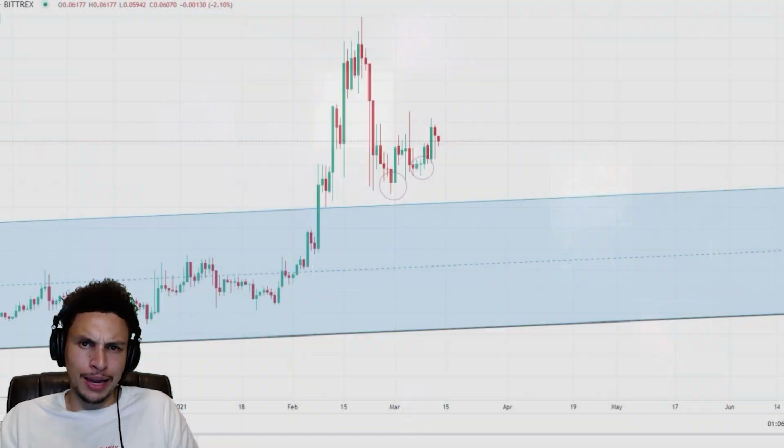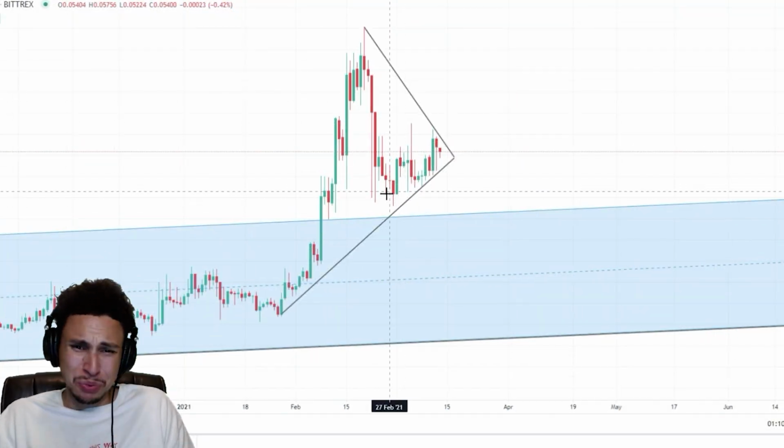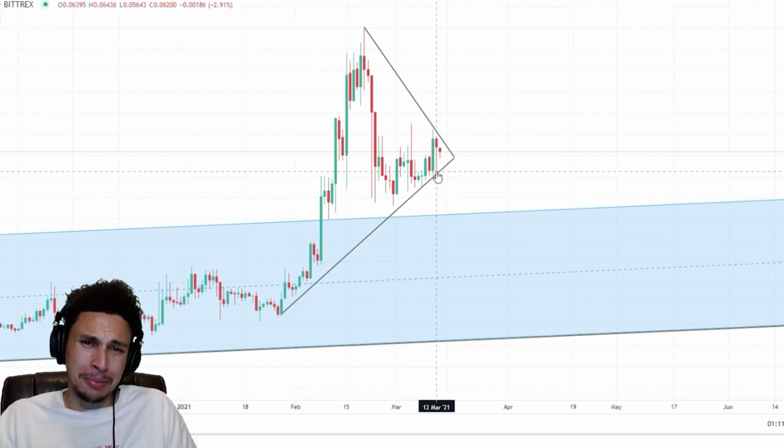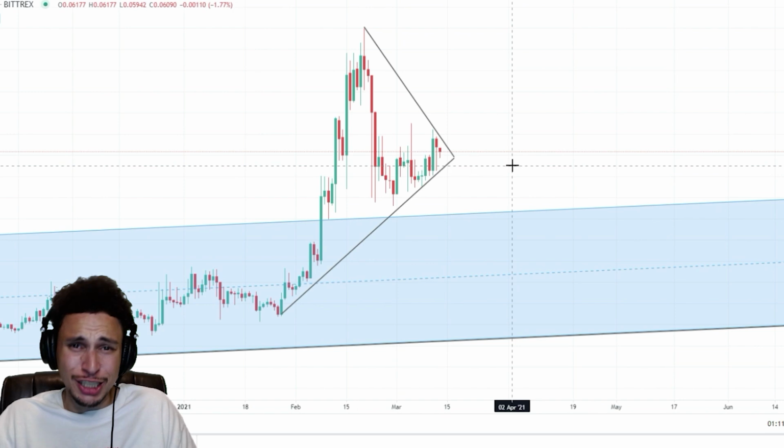But it's extremely typical to buy back into assets at the golden pocket. Based off of that risk and reward ratio, makes it worth it. But let's go ahead and get that fib tool out of the way, because I got something else to show y'all. Because we're so early off of this correction, it's kind of hard to draw in the top trend line. But it's obvious that this structure right here is forming a triangle.